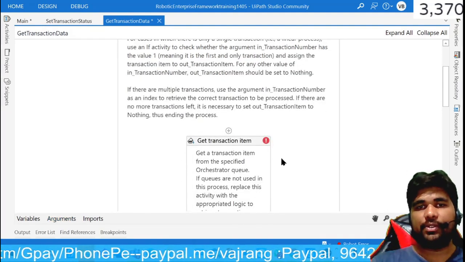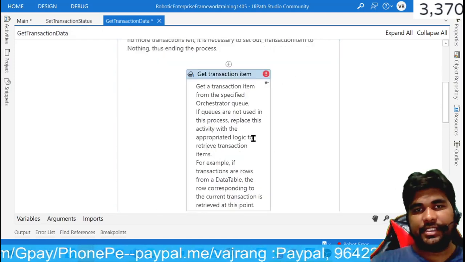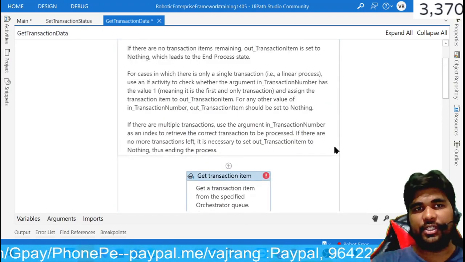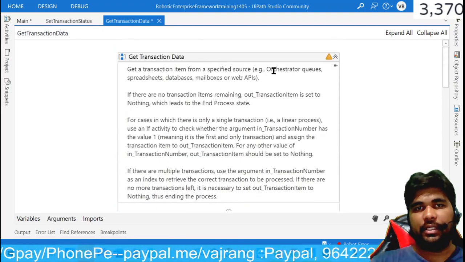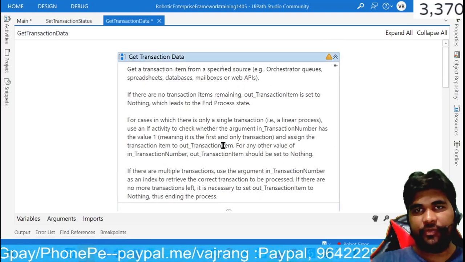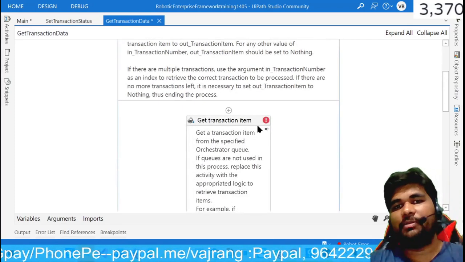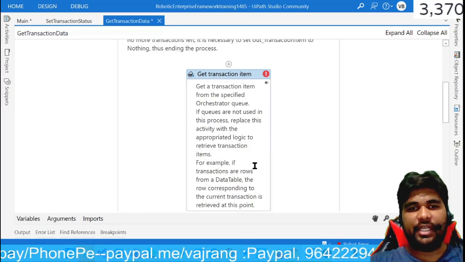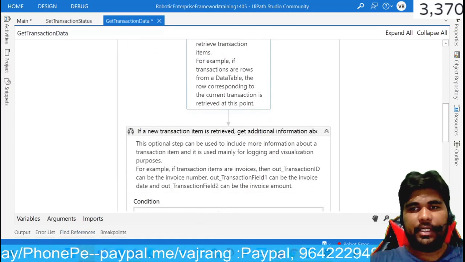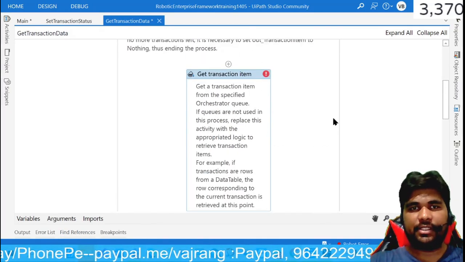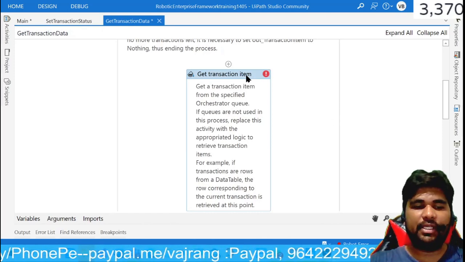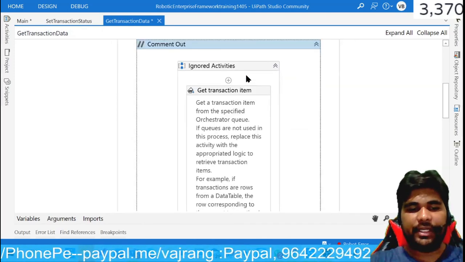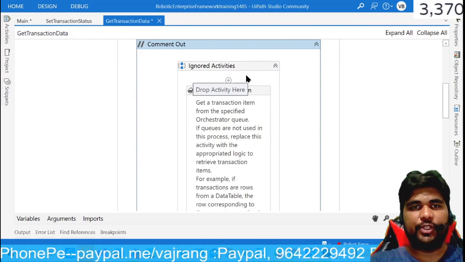Now here there is one important thing. This transaction item, normally when we read the content over here, we can easily get it, but since we normally don't read, just try to understand that this is the place where get transaction item is the activity which will get one item from orchestrator queue.